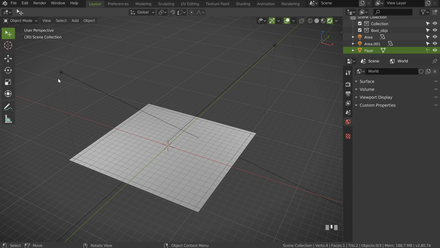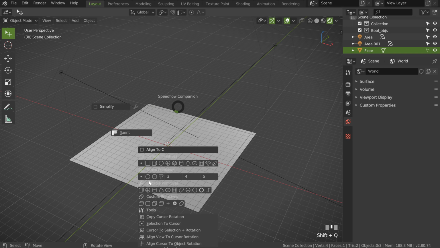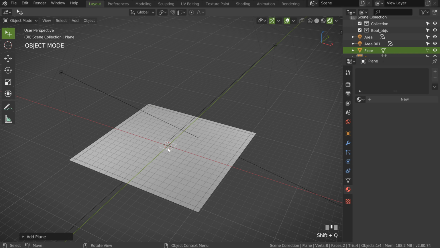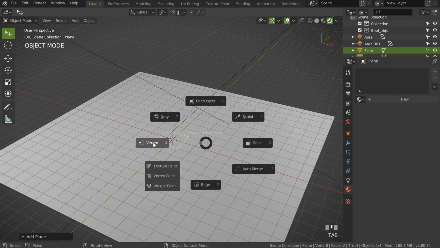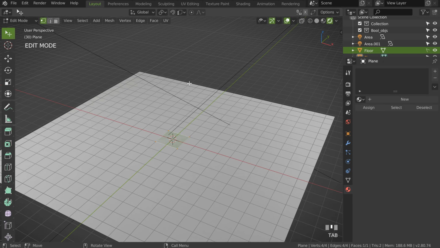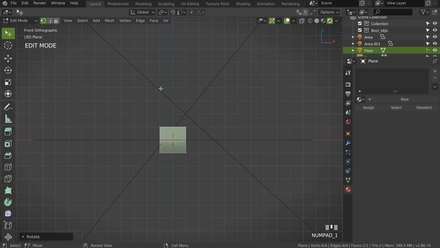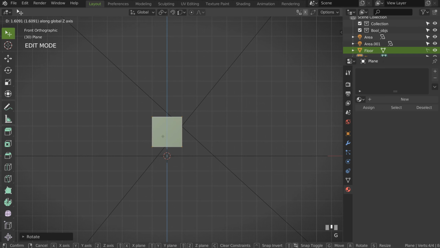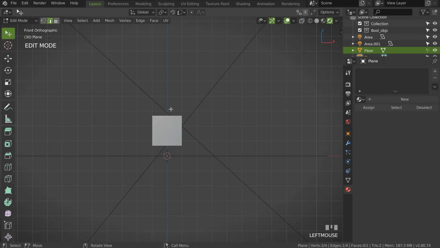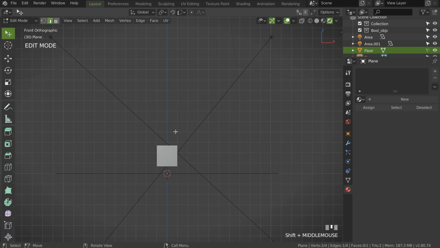Let's start. As you can see, I created a little setup for Eevee that will allow me to see the result, to not have something in the dark, etc. So, I will start by creating a simple plane. Shift-Q to call companion, and I will click here to add a simple plane. I will go in edit mode, Tab, I will make a rotation, RX90, like that, and I will go in front view. What I will do now is to move it like that, and after maybe more like that, and after I will go in edit mode, edge mode, and I will just move it.